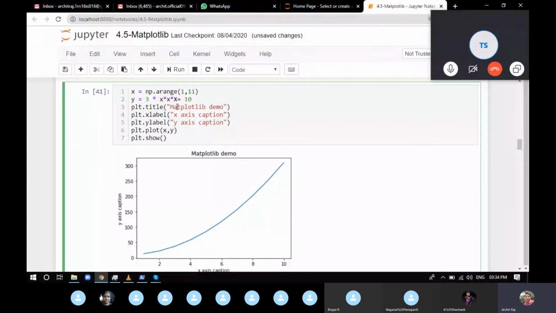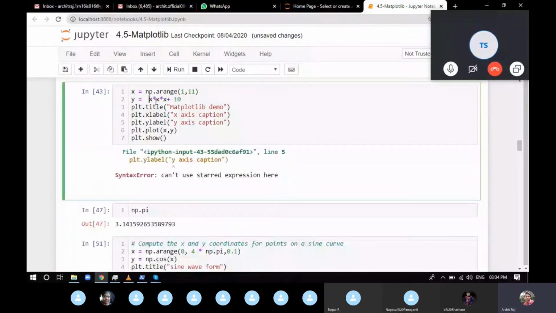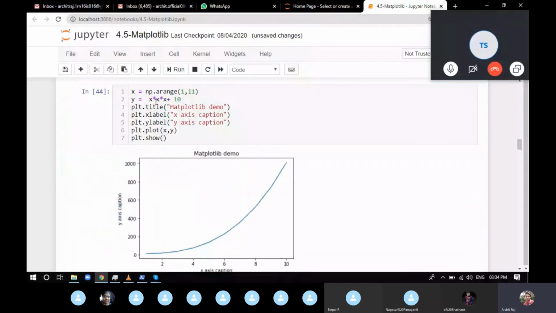So this is as simple as that, and it's not necessary that you follow this order only, that you have to show the plot first and then the title and x label. You can do it anyhow you want. You can make the title first, x label first, or if I take these 2 lines and define them before the title, it's still not going to change.